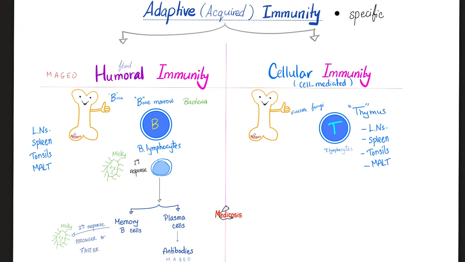Today, it's the story of the adaptive immunity. We have two types, humoral and cellular. What do you mean by humoral? Oh, right, it means fluid. Humors are fluid. The ancient Greeks had a theory of the four humors of the body: blood, phlegm, yellow bile, black bile. Humors means fluid. Why do you call this humoral immunity? Because the B lymphocytes will mature to give you plasma cells to secrete antibodies in the fluids of your bodies,